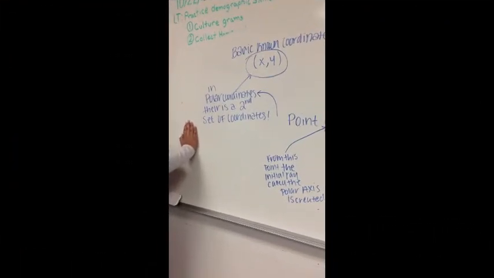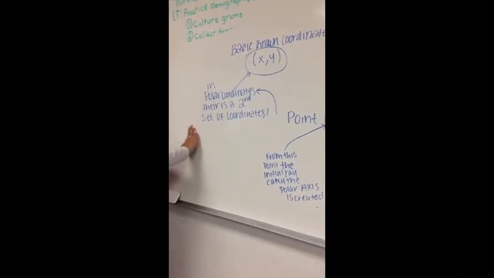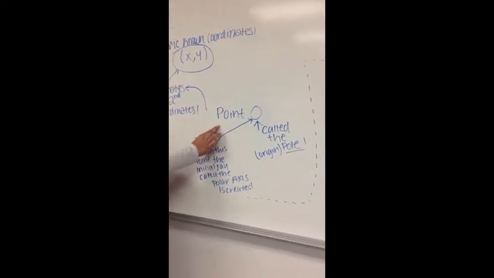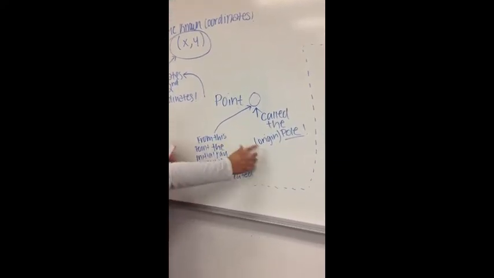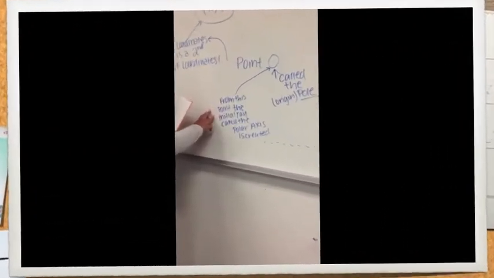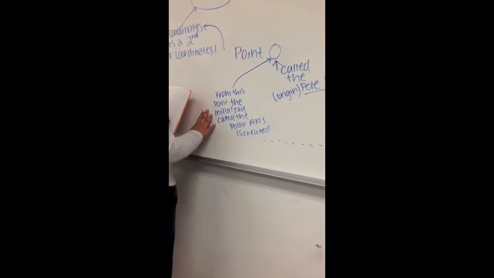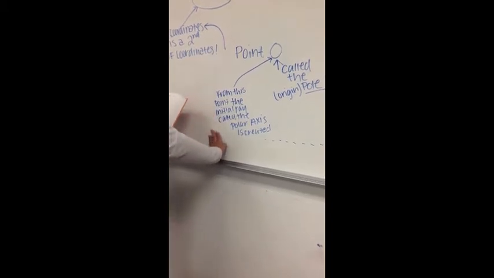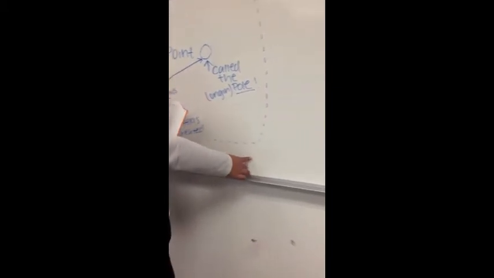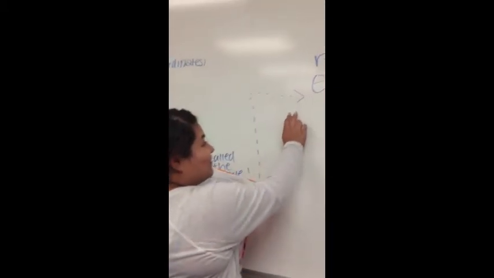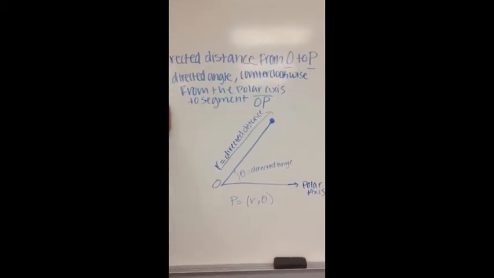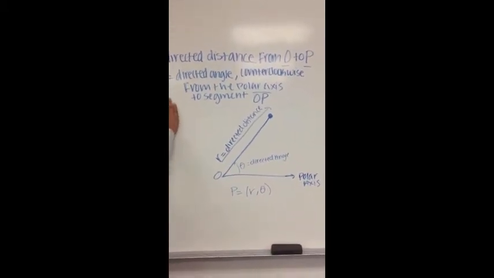In polar graphing, there is a second set of coordinates. To form polar coordinates in the plane, you must fix point O, which is called the origin or the pole. From this point, the initial ray called the polar axis is created, where r equals the directed distance from O to P, and theta equals the directed angle counterclockwise from the polar